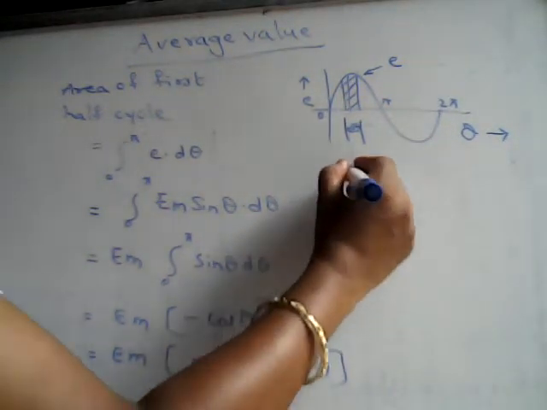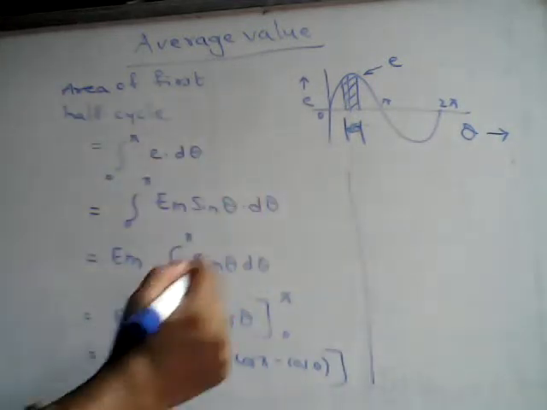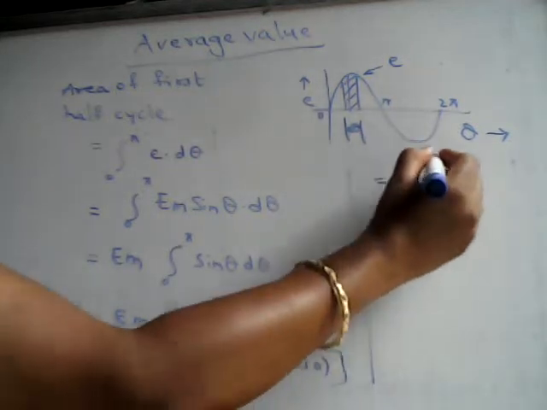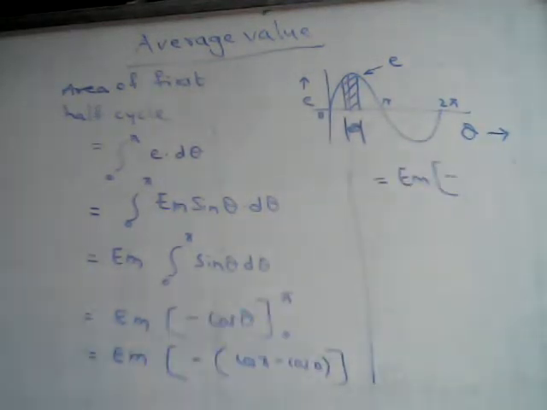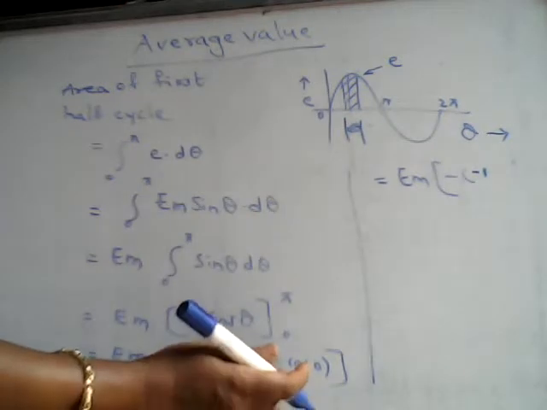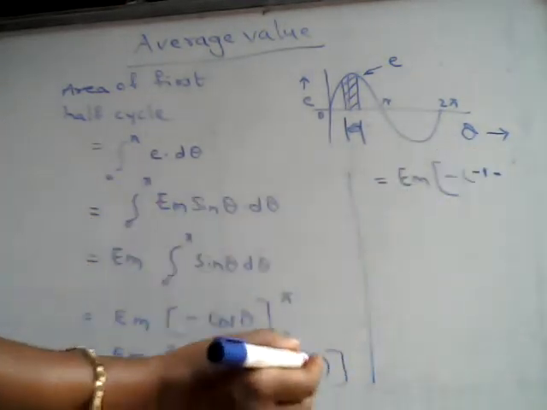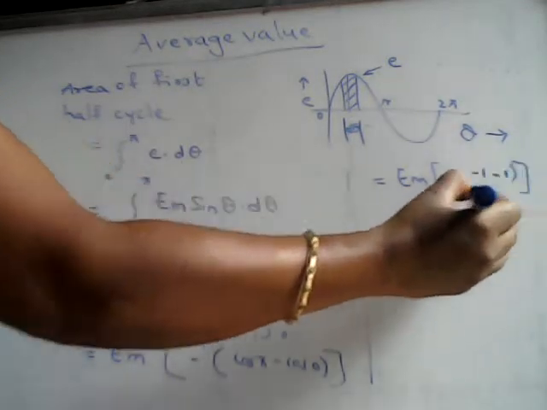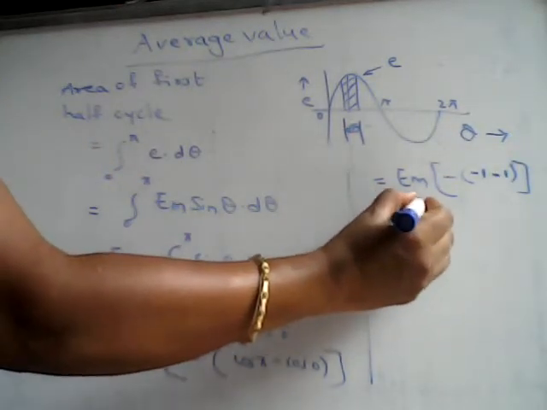So this can be further simplified into Em minus cos of pi. Cos pi is minus 1. So this is minus 1 minus of cos 0 is 1. So this can be written as 1. So this is equal to Em